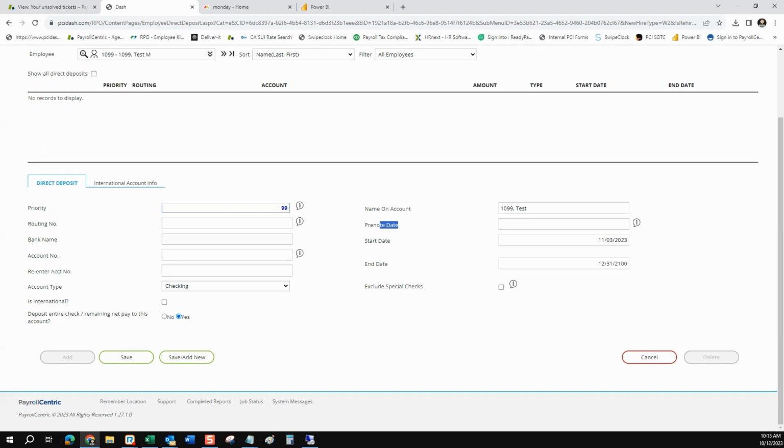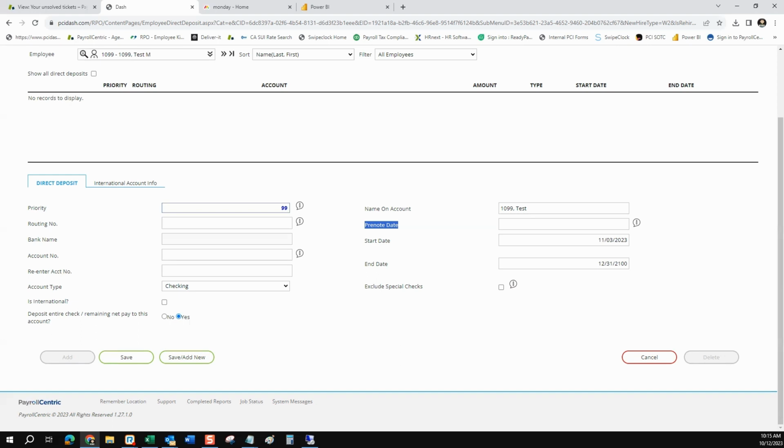The last thing is this pre-note date. Now, pre-note date is a device by which you can keep a direct deposit from occurring until after a particular date has passed. That used to have the service back in the 90s when they didn't have this quick internet we do, and you had to wait a month for your direct deposit to go into effect while they confirmed the bank and all that kind of stuff. With everything being so quick now, that's not used as often, but it is still there in case it is used. So you have that there where it will say the direct deposit is not going to go into effect